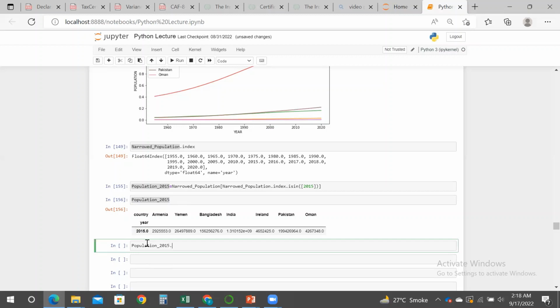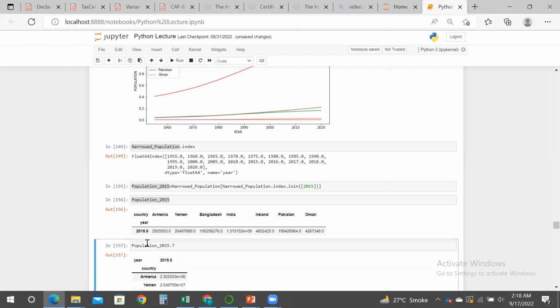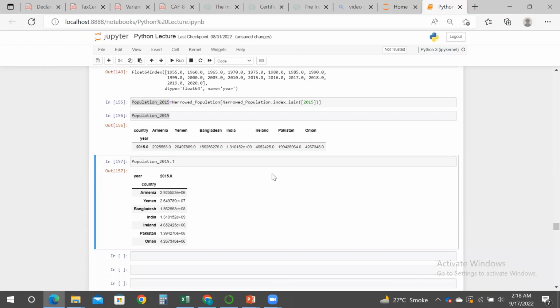So let's copy the name of the data frame and then add dot T after that. And by using the dot T method, we transpose the data set, that is, we converted the columns into rows. Now we are getting the names of the countries in the index and the population of 2015 in the column. So we transpose the presentation of the data frame,